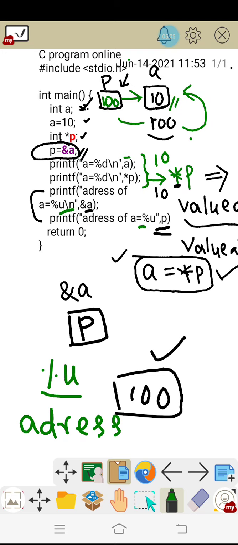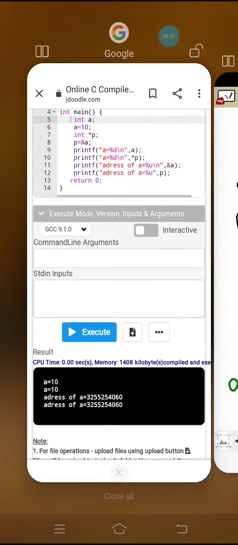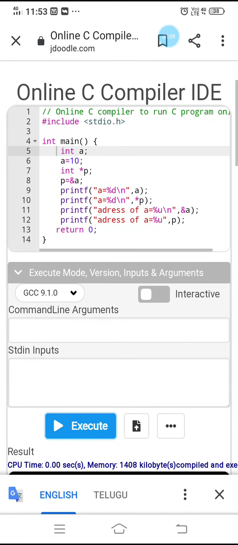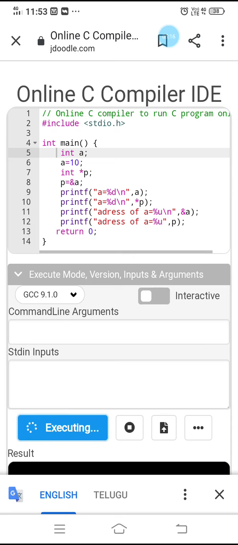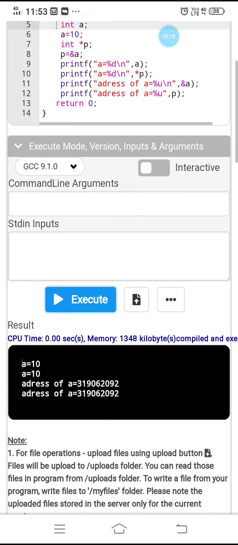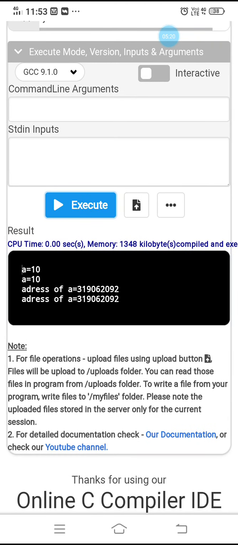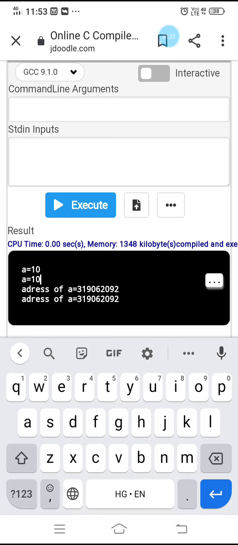Let us go for the execution of the program practically. So this is the online compiler we are using. The same code is present here. Now I am going to execute this program. For the first two printf statements, I am going to get a is equal to 10 and a is equal to 10. Both are same.